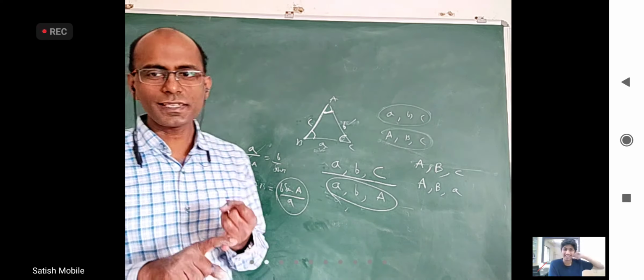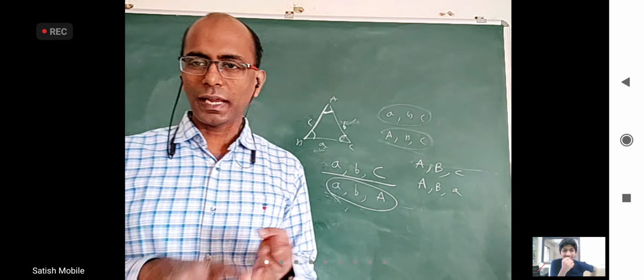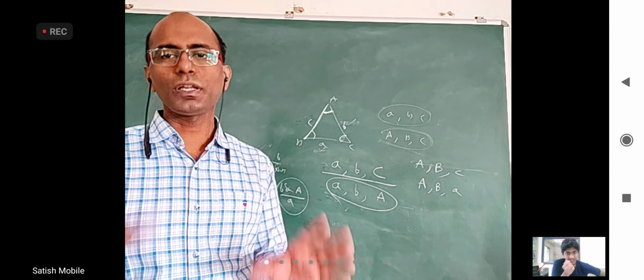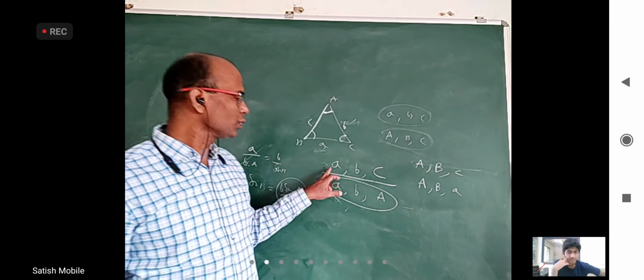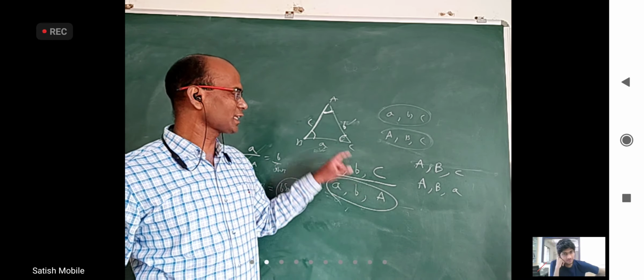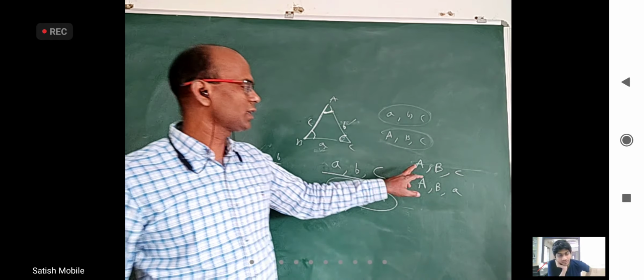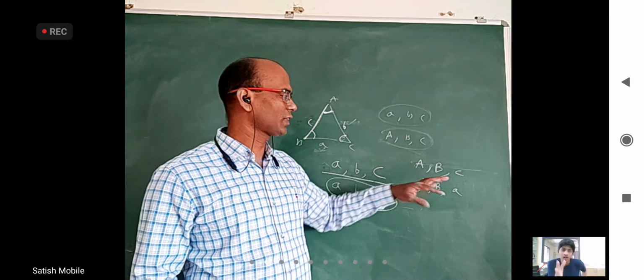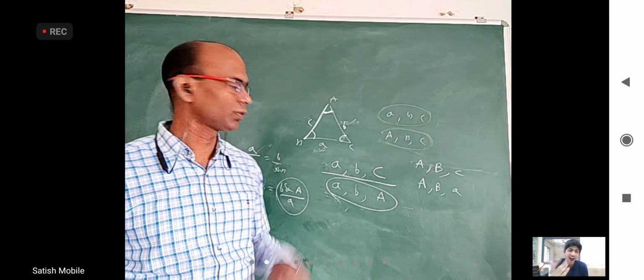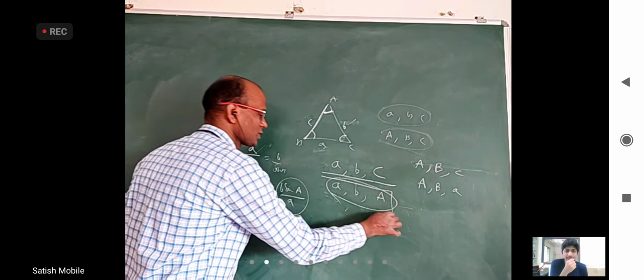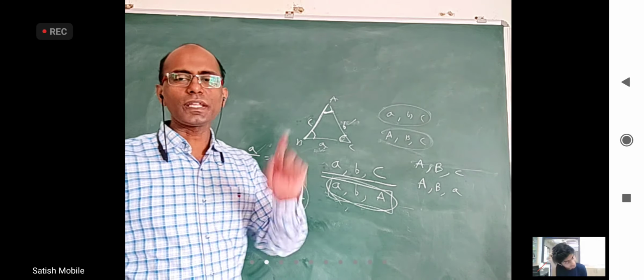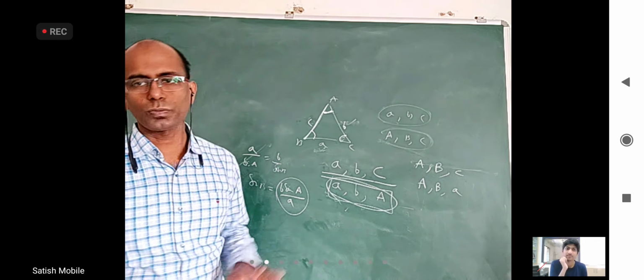So when three sides are given, we know what to do. When three angles are given, we can only know the ratio of the sides. When two angles and one side are given, it is easy, because two angles means basically three angles, and again we can use sine rule. So the only thing left for discussion is this: two sides, but not the included angle. If the other angle is given, what to do?